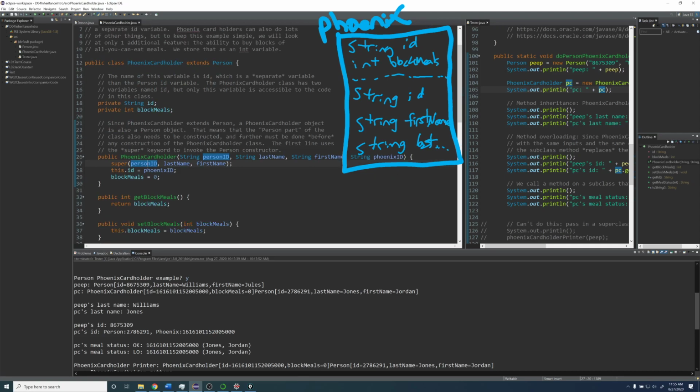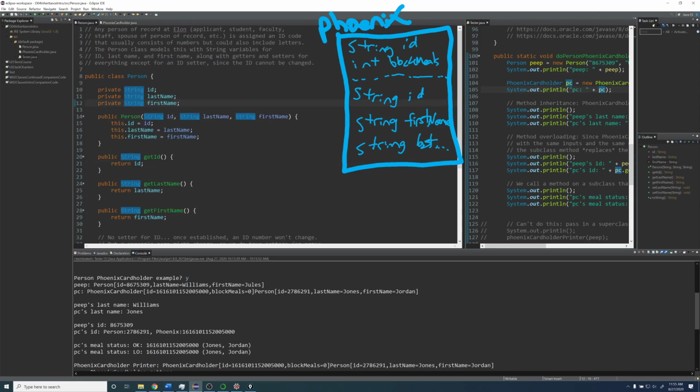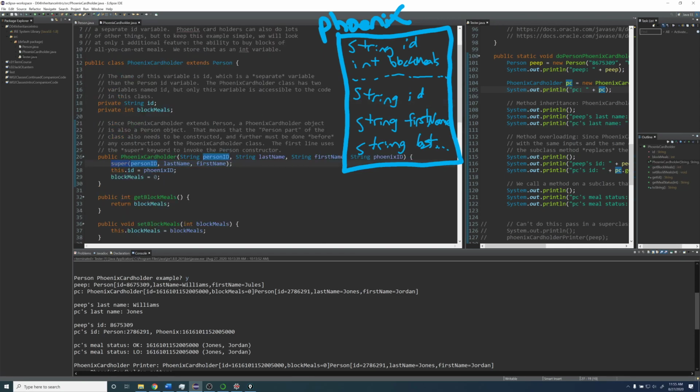If every Phoenix card holder is a person, then the Phoenix card holder must have all the information the person has, and probably a little more. Okay? So, when I create my Phoenix card holder, I have to also initialize my person ID, my last name, and my first name. And so it's required that I give the information that my person class requires in its constructor. The person class requires an ID, last name, first name. And so the very first line of my subclass, my Phoenix card holder class, must have the word super, meaning I'm filling in the information, the data, passing this information into my superclass's constructor, and then the right data types. So an